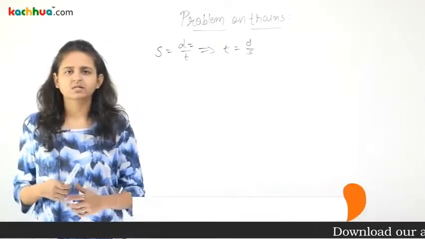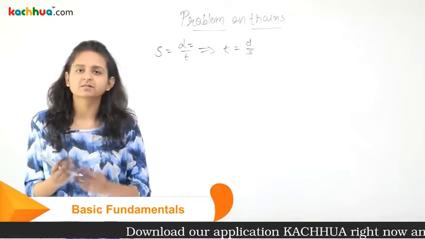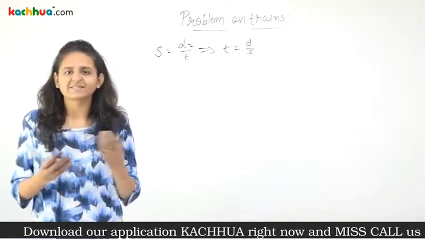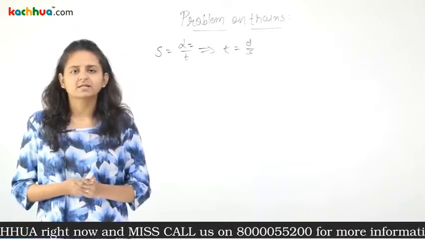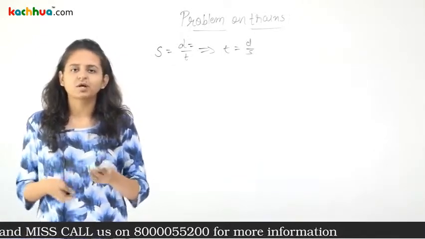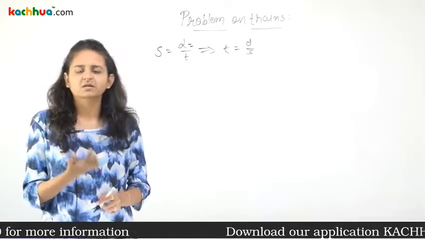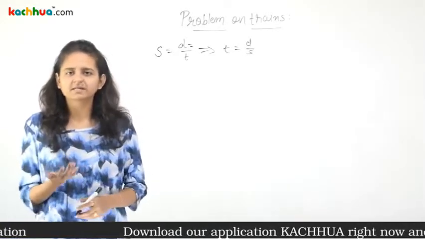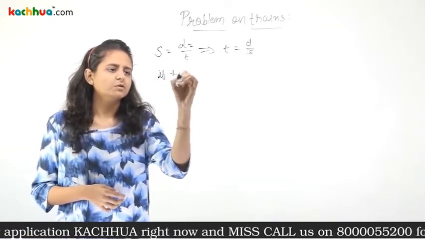Now, as we have studied, what if there is one train and one person, and the person is moving, whether in the same direction or the opposite direction. The same thing we'll learn about two trains. What if two trains are there? Now instead of train, if they have given car, the things will be same. So I'll write, if two trains